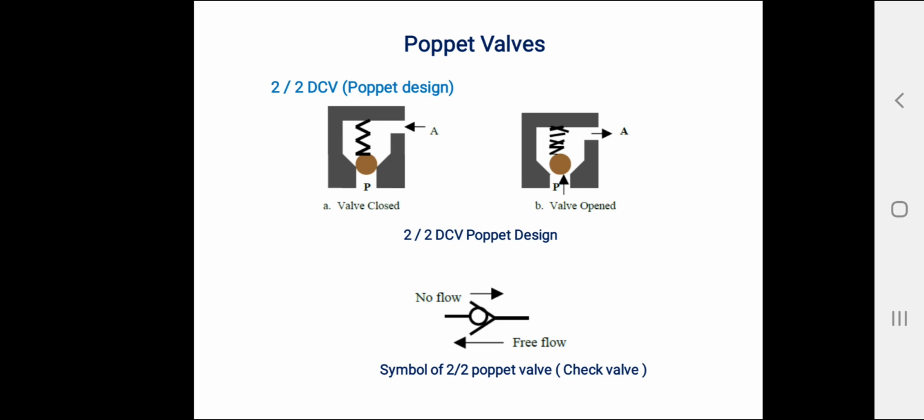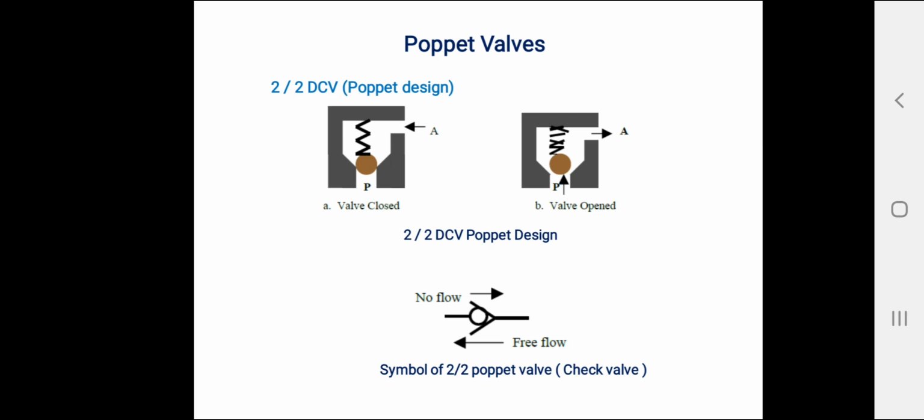The main advantage of poppet valves is no leakage, as they provide absolute sealing. So they have a long useful life, as there is no leakage of oil flows. These poppet valves may be used even with the highest pressures, as there is no hydraulic sticking, that is pressure dependent deformation. So these are some advantages. Due to these advantages, poppet valves are popular.